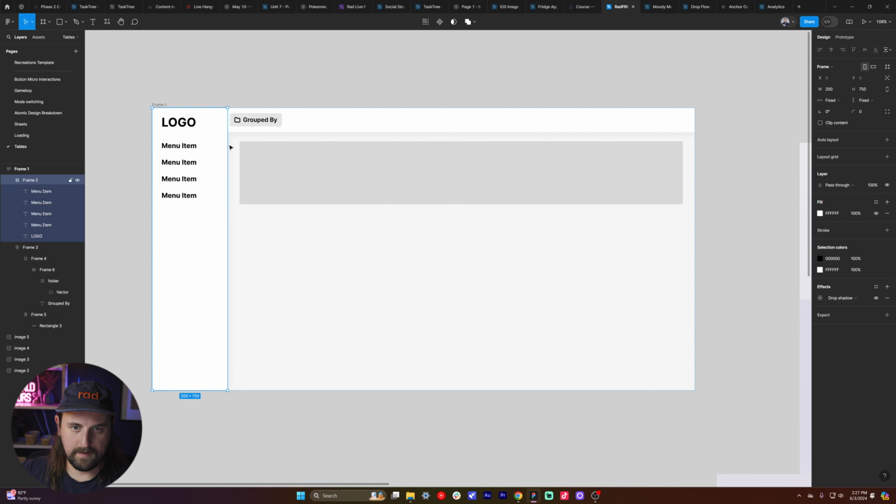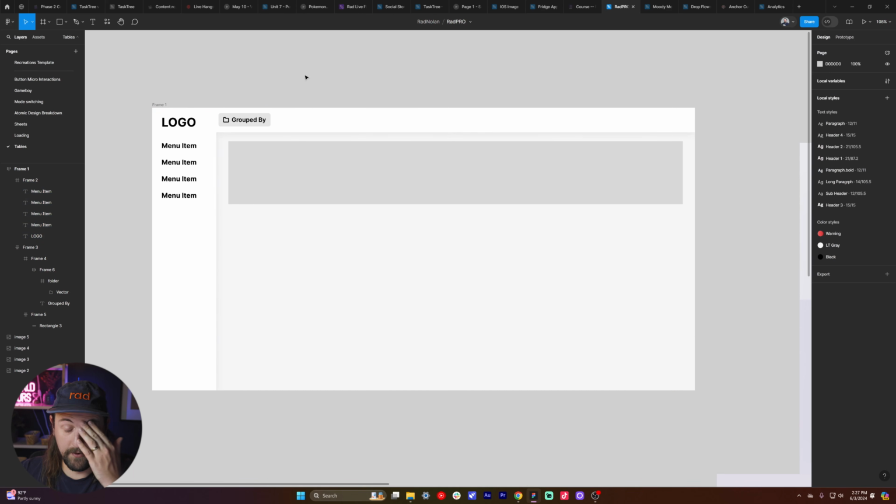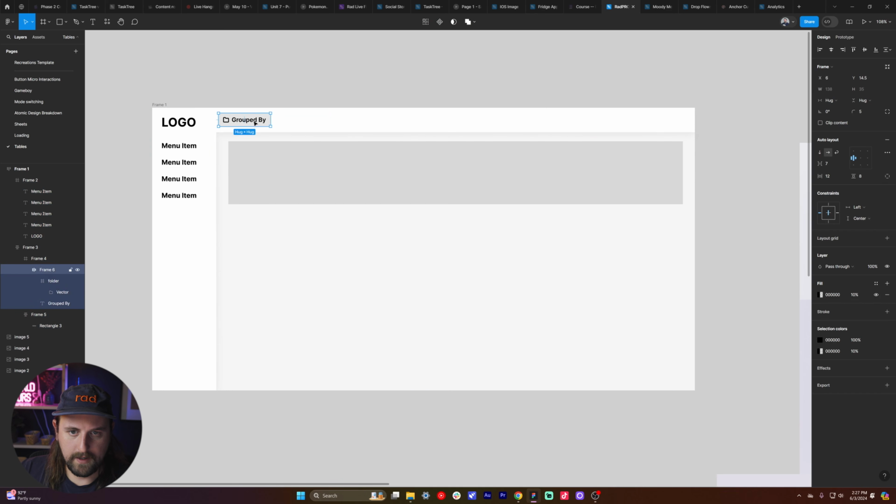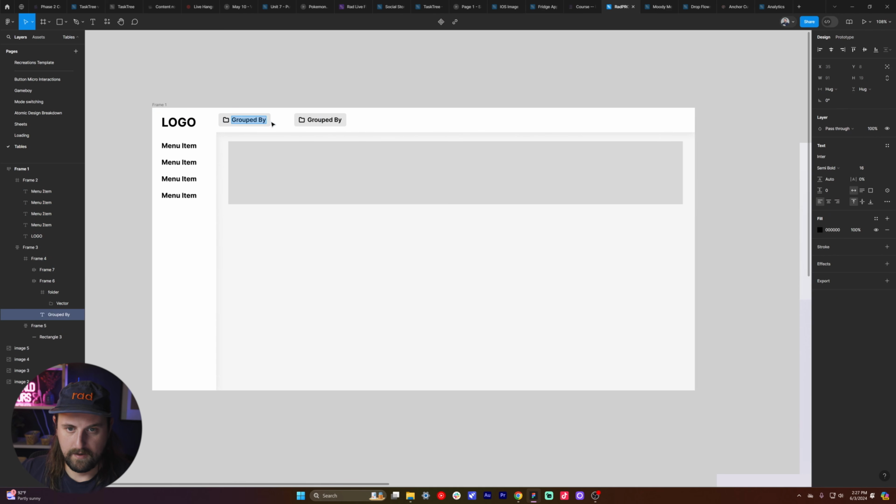I'm gonna clean this up a little bit so that way I can size this down. Yeah, I think I'll make this 170 just to give us the most amount of room over on our table. Now, okay, so we got grouped by, let's see,